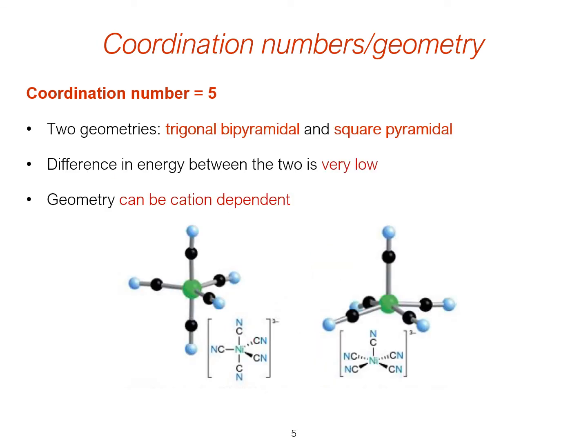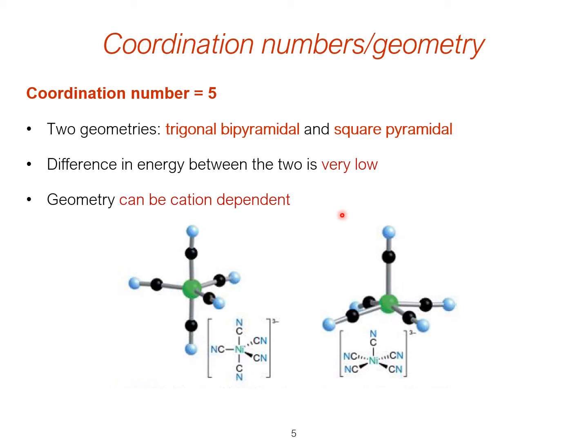So coordination number 5, this is where we start getting multiple possibilities. So there are 2 that I've shown down here. There's trigonal bipyramidal, which is shown on the left. We've got this trigonal planar in the middle, and then one above and one below. So you would get like 2 triangular pyramids, one on top of each other. And then square pyramidal as well, which is where the square isn't quite in the plane. They're pushed down a little bit, and then you've got one sticking up,